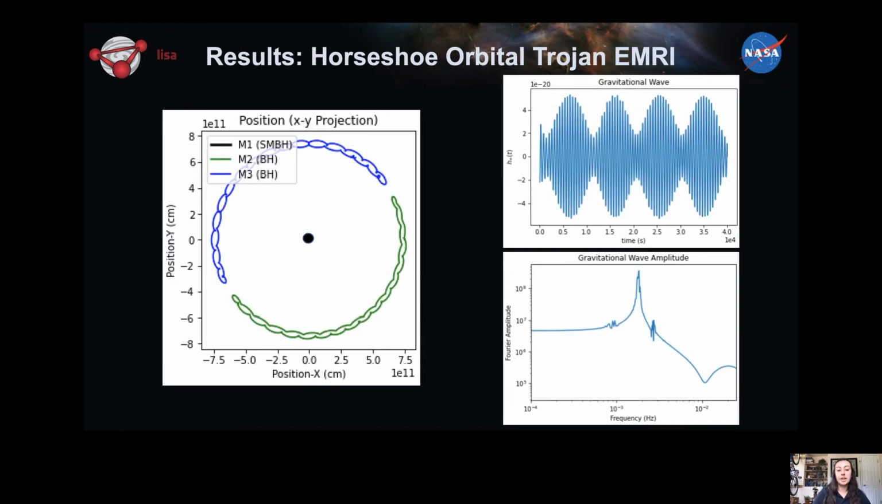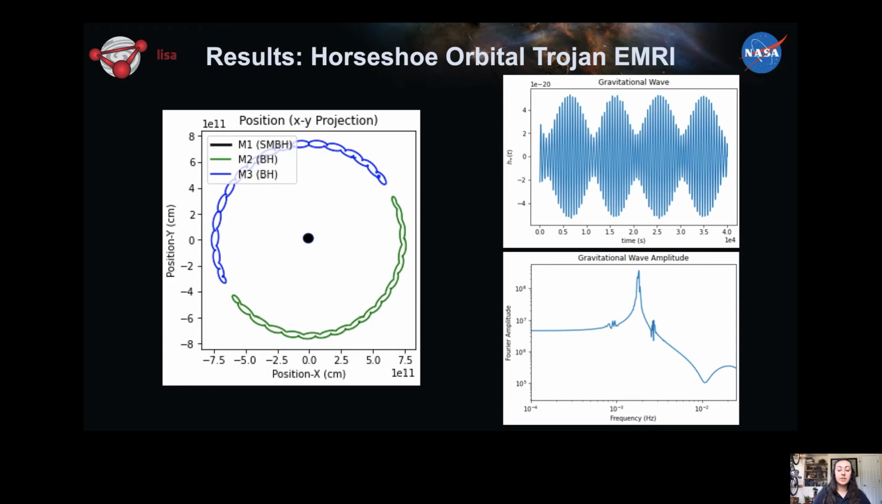So then again, just adjusting our initial conditions very slightly, we now get the Horseshoe orbital Trojan EMRI system. So looking at that XY projection, we have our supermassive black hole in the center and our 2 stellar mass black holes given by the green and blue curves. And so within this XY projection, what happens is that the 2 stellar mass black holes begin at their analogous locations of Jupiter and the L4 Lagrange points, and then they horseshoe down to the bottom left-hand corner where they meet at their first closest approach, and then they horseshoe back up to the top right-hand corner where they meet at their second closest approach, and they'll continue this in more long-term dynamics, but while also co-rotating counterclockwise around that